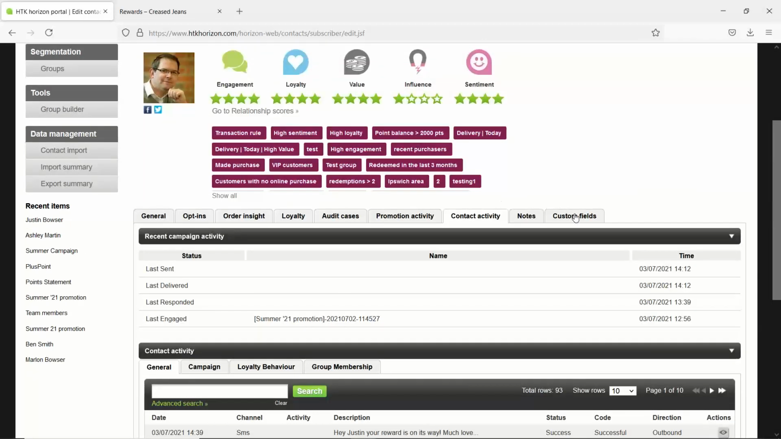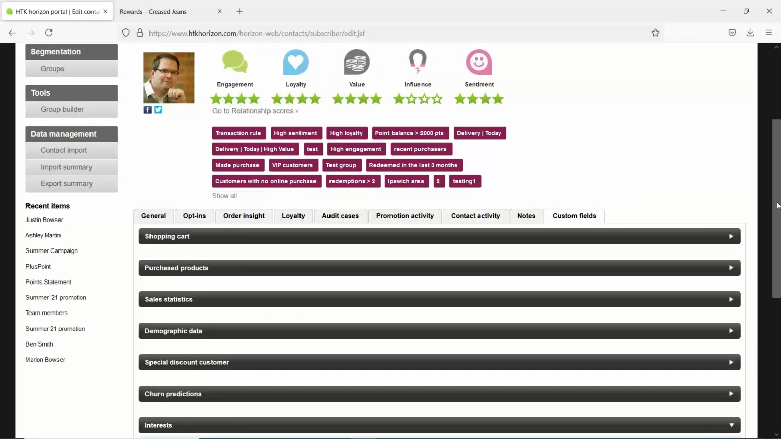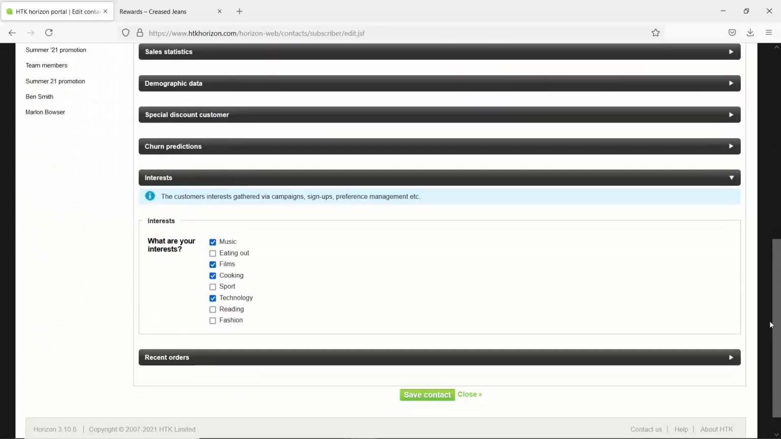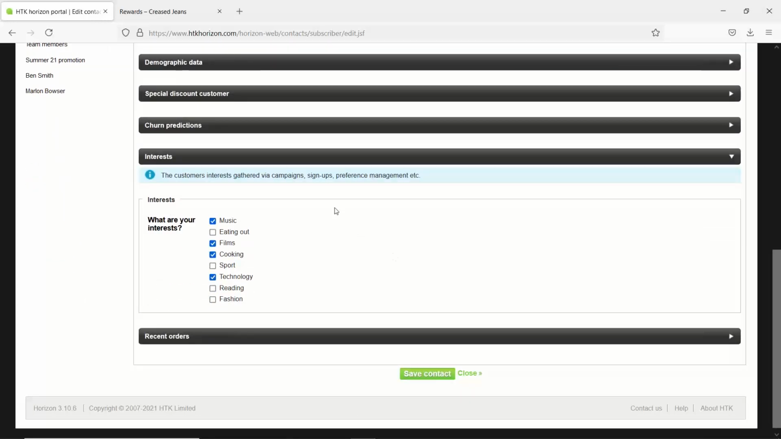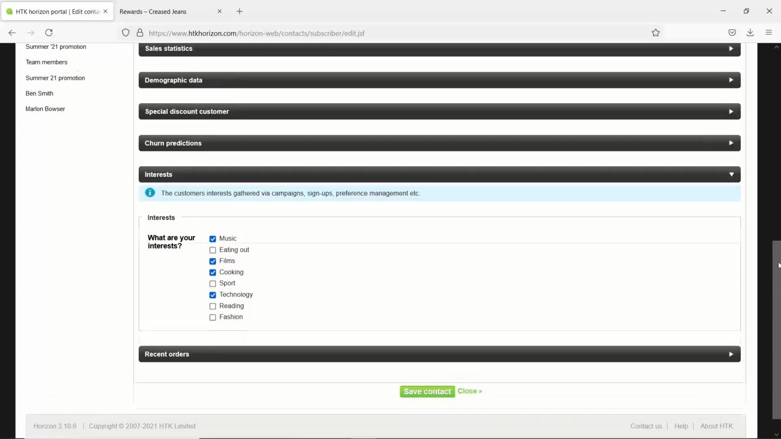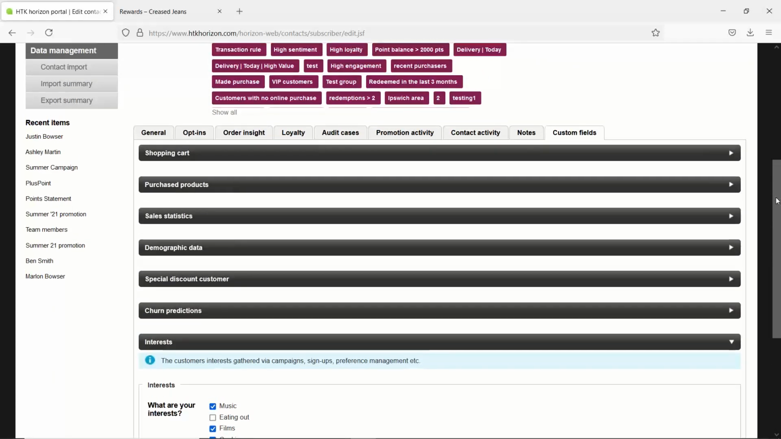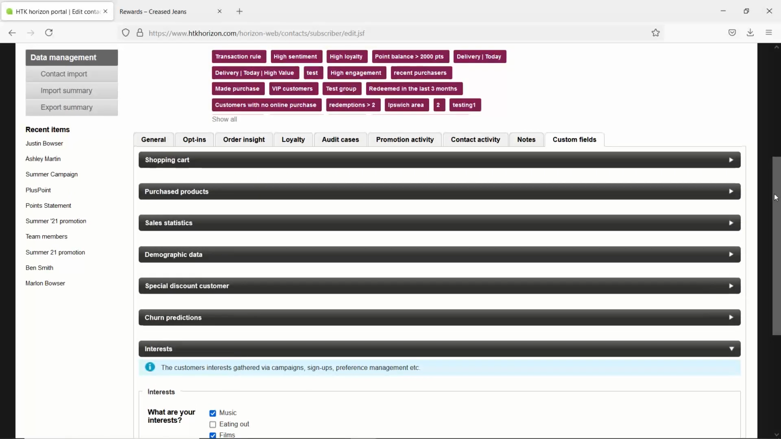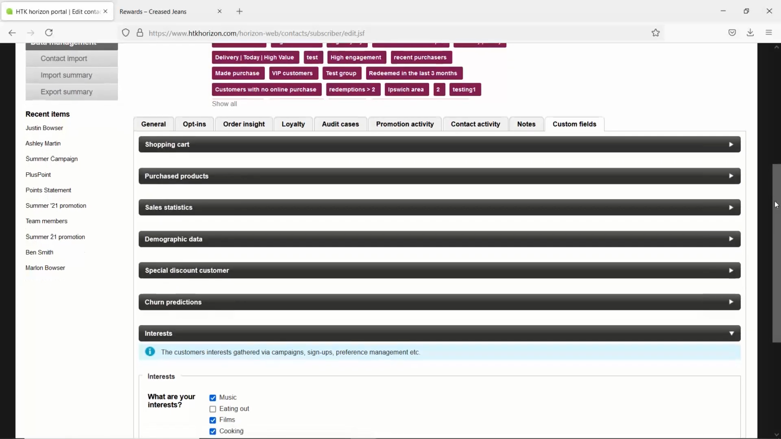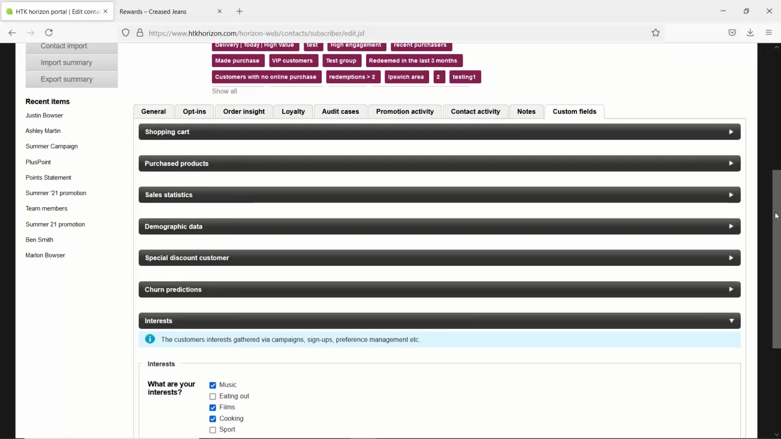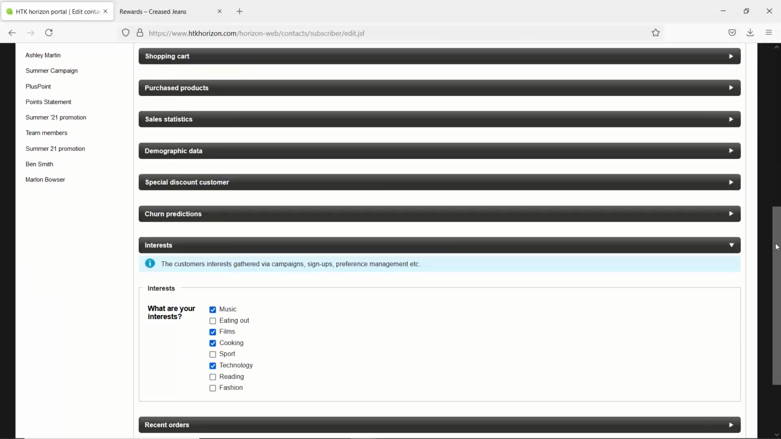So before we look at that, again, we'll just go on to finally custom fields. And Horizon, like any other CRM system, lets you create custom data fields for pretty much anything you want. We've got here, for example, some interests. We've got some churn predictions that have been fed in from a machine learning model, some sales stats, what right now is in my cart, synchronized from e-commerce. But you can create whatever custom fields you need just through clicks and configuration rather than having to code things